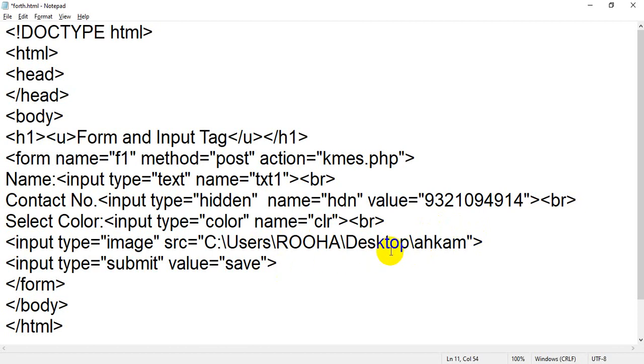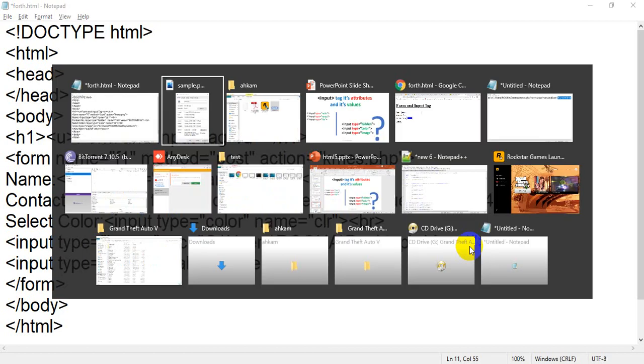After that mention one slash, like C colon slash, then users slash, then the name of the computer slash, then desktop slash, then the name of the folder slash. Just add one more slash. After that we have to assign the name of the file.